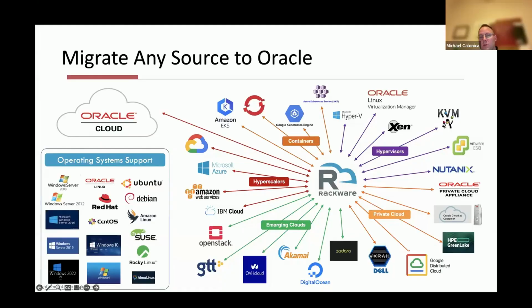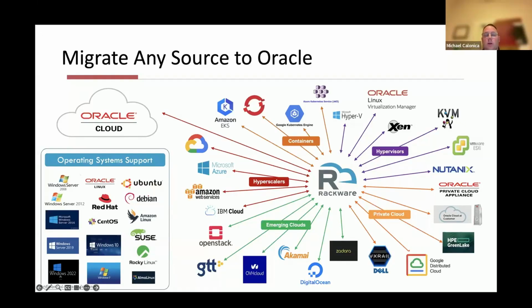Now, these are the most common ones. So if there's some that you're wondering about as you're thinking through migration projects into Oracle Distributed Cloud or Oracle Cloud, certainly feel free to ask a question. Go ahead and type that into the QA box, and our colleagues will go ahead and address that.